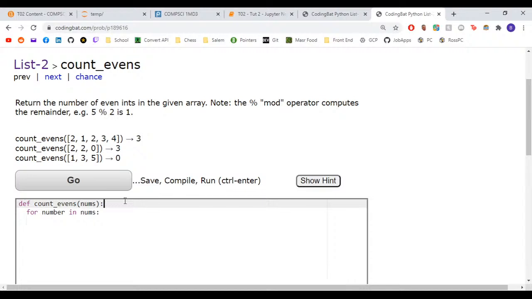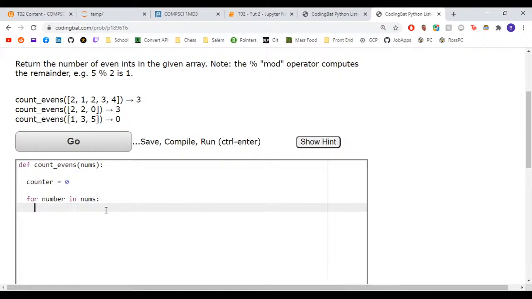And first we're going to define a counter, right? And every time we hit an even number, we're going to up that counter by 1. And then at the end, we're going to return the number in that counter, right? So we can say for number in nums,